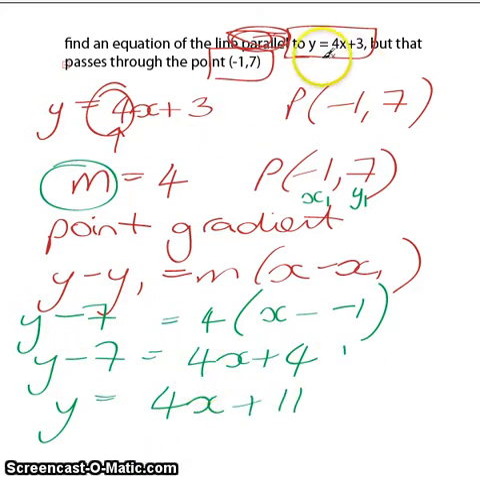It's parallel to this. We see that this was 4x plus 3. We've got the nice 4x, so we can see that it's parallel. Passes through the point minus 1, 7. When x is minus 1, I get 11 minus 4, which is 7, so it does pass